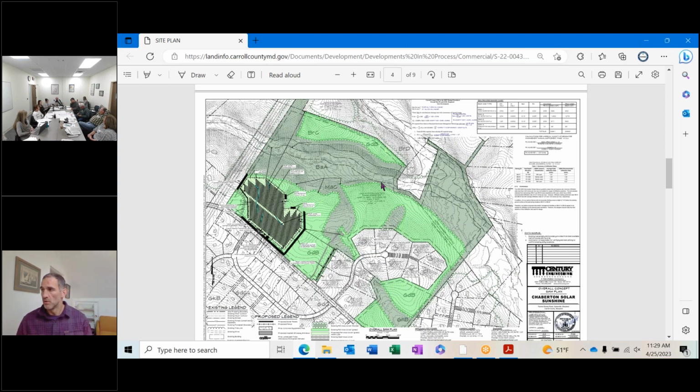But right now, the Class A says this: the function of a Class A is to provide a visual screen that will give the required level of height, density, and opacity depending on site conditions. The screen may range from a solid linear screen of evergreen trees where maximum opacity is needed to a loosely staggered screen where a filtered view is appropriate based on site conditions. A combination of major deciduous trees, minor deciduous trees, evergreen trees, and shrubs may be used. So it leaves it wide open as written.